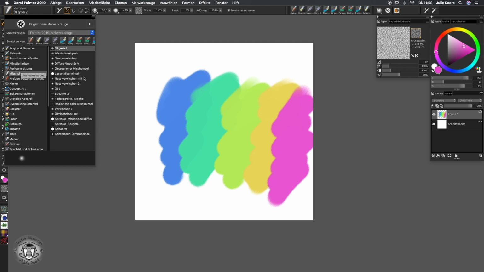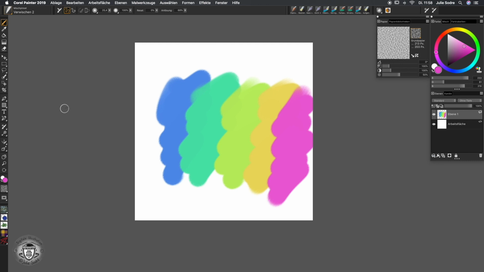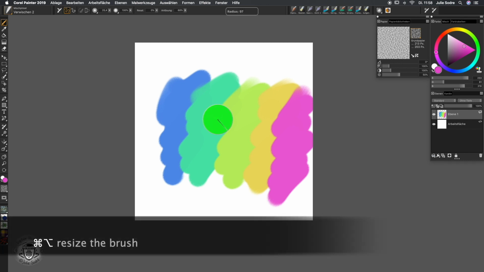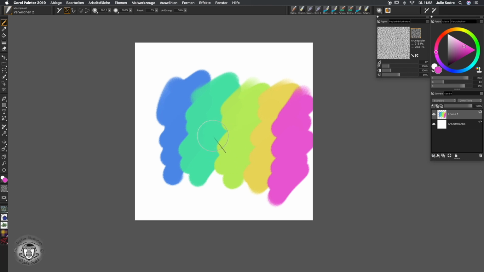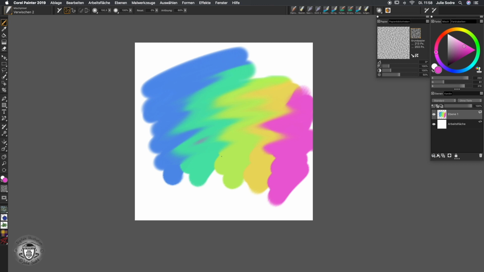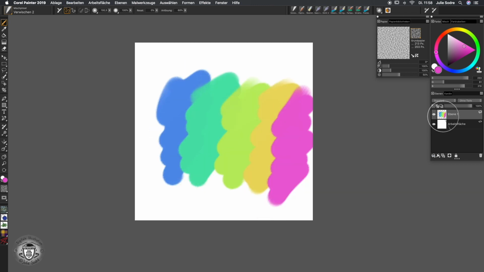So I'm just going to grab, for example, Vision number 2. I'll increase the size of it by pressing Option Command, and we can see that if I start smearing around here, it gives you a very nice result, but my layer is changed. So if I would like to keep the layer the way it is and smear it at the same time,